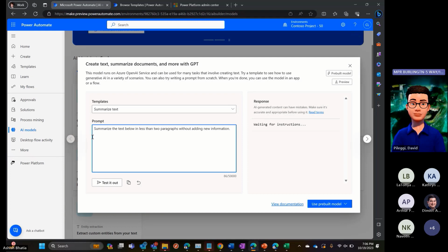I think one of my favorite prompts is to say, explain this to me like a fifth grader, at a fifth grade reading level, and it will actually replace words and structures to make it easy to follow. One of the things that we announced recently, and it's not covered in the slide sets,